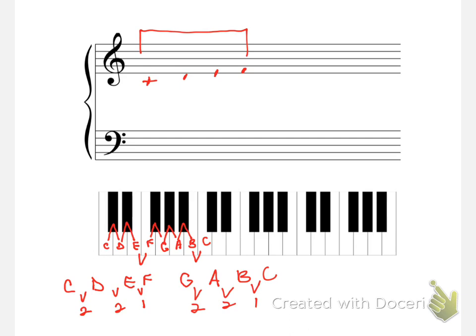So if I combine the C major tetrachord with the G major tetrachord, sorry about that, okay, B, C, there we go, that gives us our C major scale. So again, there's the 2, 2, 1, and then the G major tetrachord, two half steps, one half step, and both of these tetrachords are connected by two half steps. So that's your